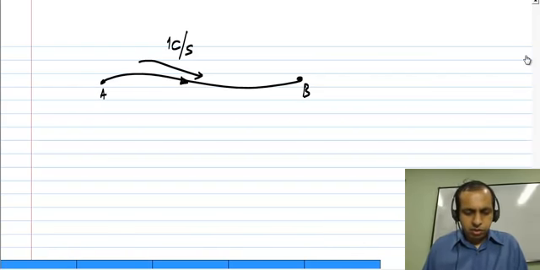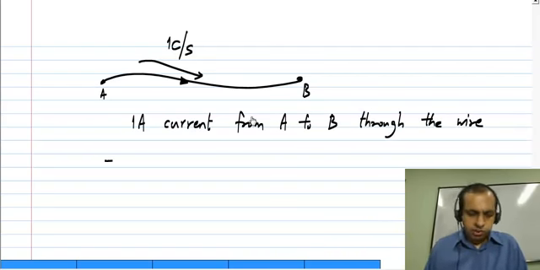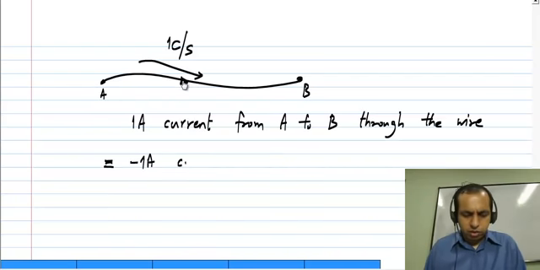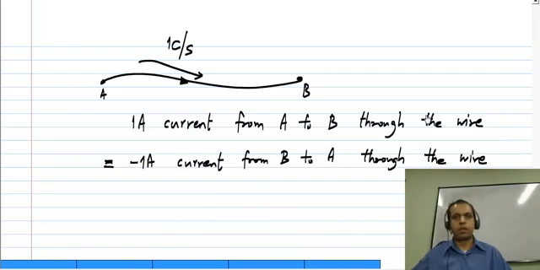This is 1 ampere current from A to B through the wire, which is exactly the same as saying minus 1 amp current from B to A through the wire. Now again, this is quite obvious, but the reason I am writing this is, as you solve for circuits,